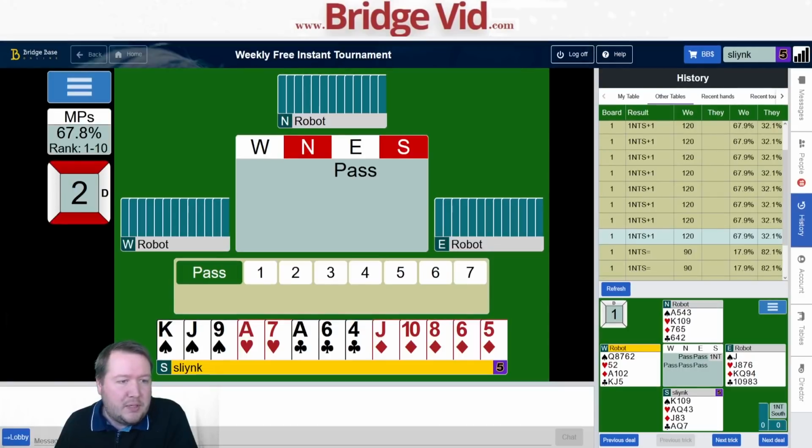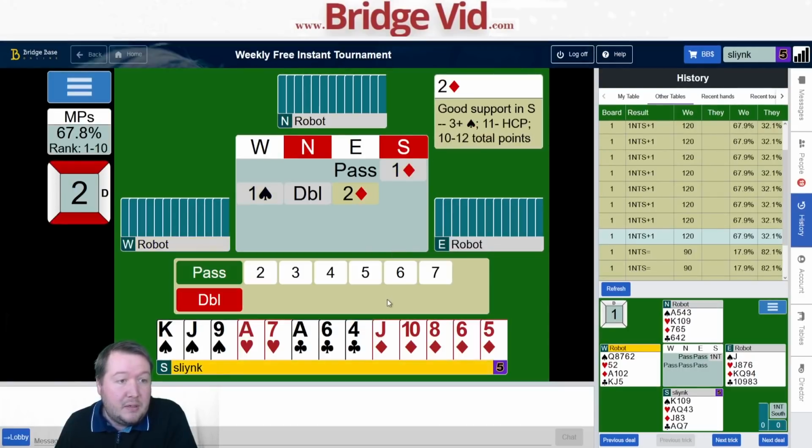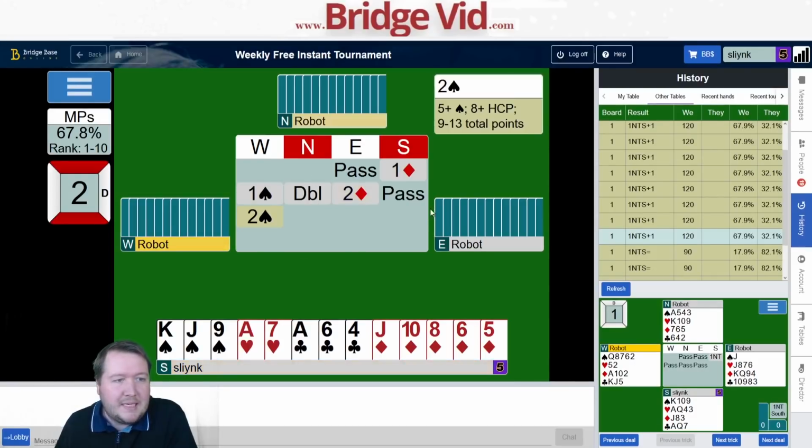Moving on to board number 2, and here we've got a flat 13 count, start with a diamond. Spade double, 2 diamonds. Don't really have anything to say here, so